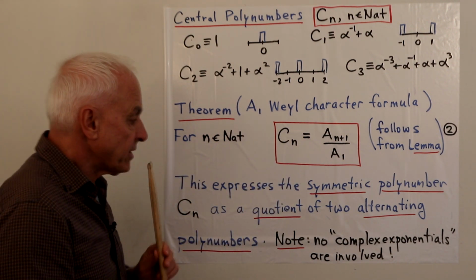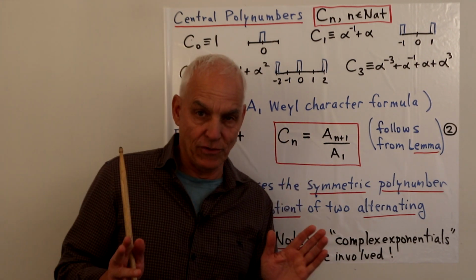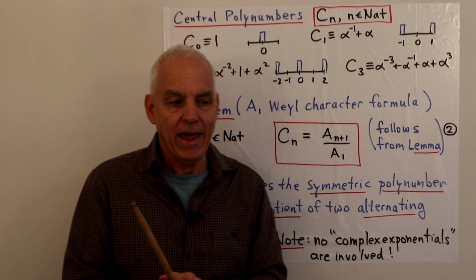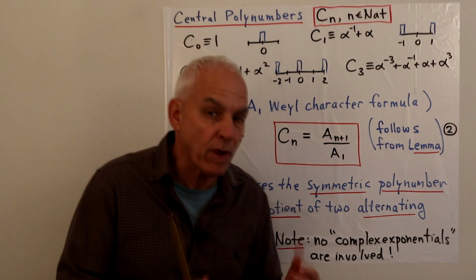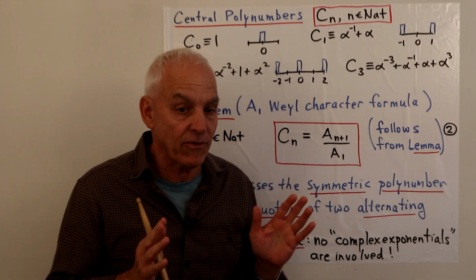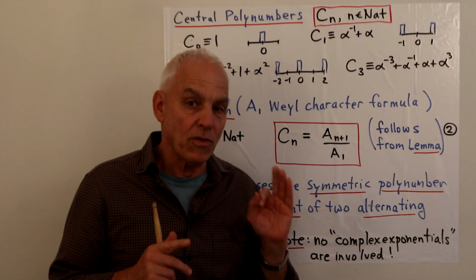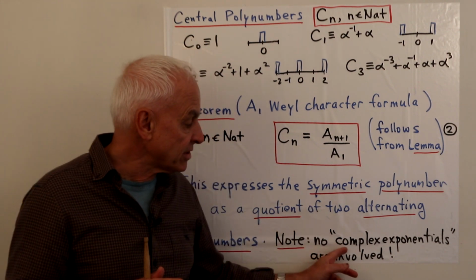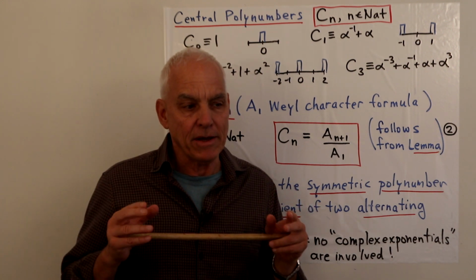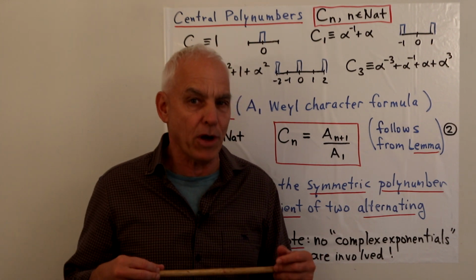Now, an important note to make here is that in this version of things, there are no complex exponentials involved. Okay, this is purely a statement in the world of Pauli numbers. And that, in my view, is actually the preferred way of thinking about what the Weyl character formula is really about. It's really a statement about Pauli numbers, although almost every text and every paper that talks about it will not express it that way, would rather use complex exponentials, which is unfortunate and represents, in my view, not really a correct understanding of what algebraically is really going on here.